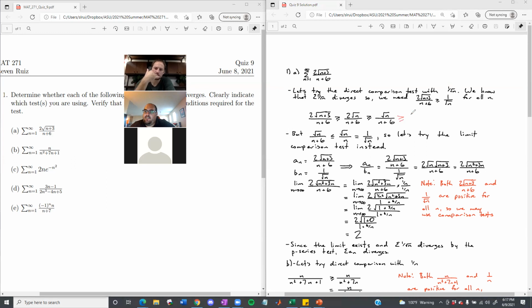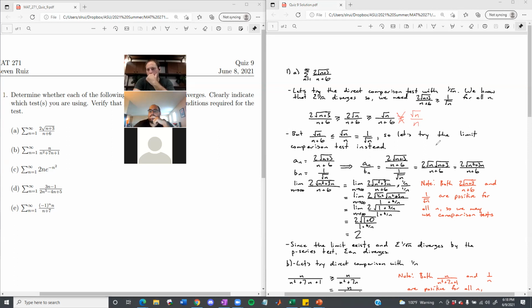Say I try to put this in here, radical n over n. I don't think I can say that anymore. I don't think that one's true, because when I take away the plus 6 from the denominator there, I've made the denominator smaller, which means this thing on the right will actually end up being larger. So because of that, I kind of hit a dead end with the